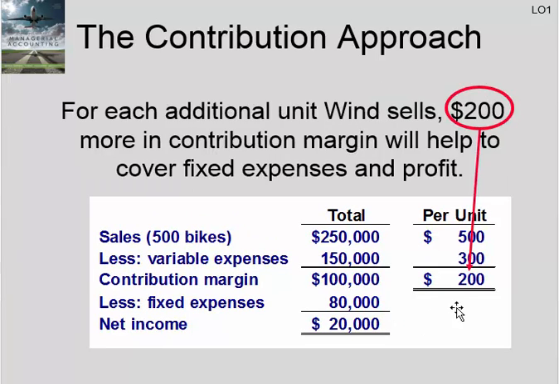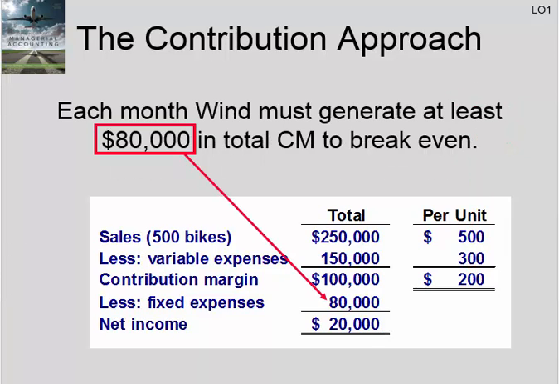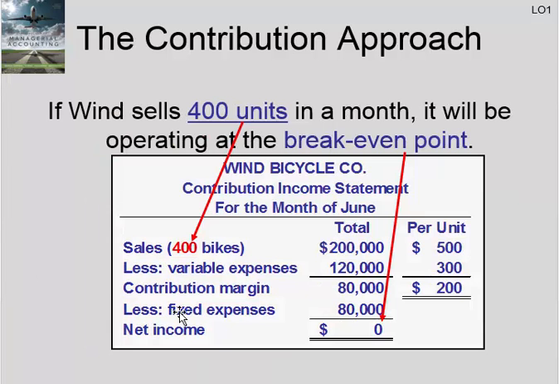And we are going to focus now on the idea of per unit costs: sales, variable costs, and the $200 per unit contribution margin here, which basically says, look, you sell one more bicycle in this case, and $200 is going to go towards covering fixed expenses until they're all covered, and then the rest is going to go towards profit. In this case, because they're already in a positive profit situation, all $200 of that contribution margin is going to go towards net income. Again, looking at total fixed costs,